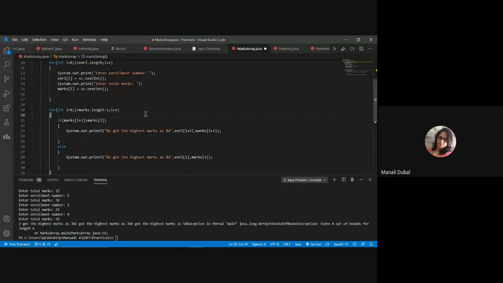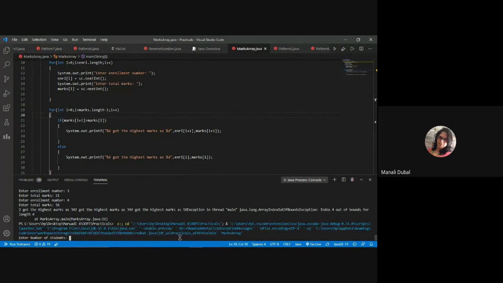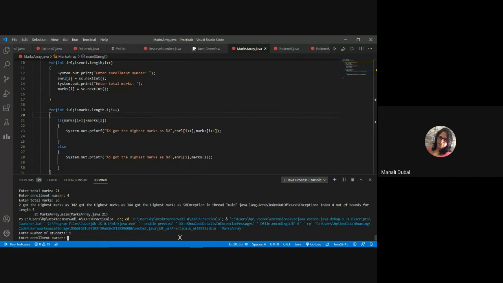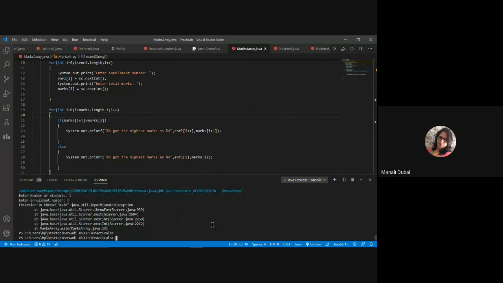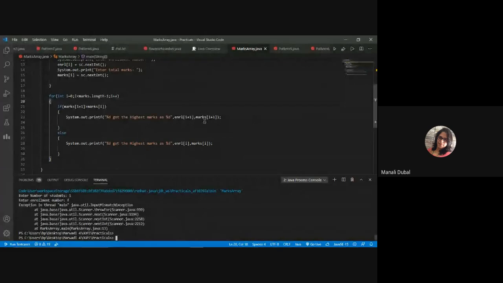But let's see if we are getting a correct output or not. Because you are comparing only consecutive values, so it will not work. The logic will not suffice because, Panjwani, you are only comparing consecutive numbers, I and I plus 1. What about other records?